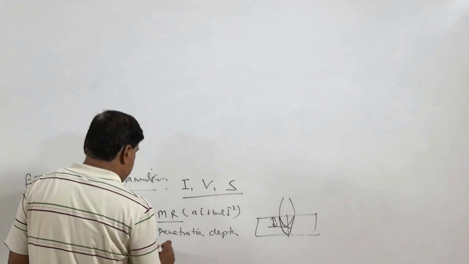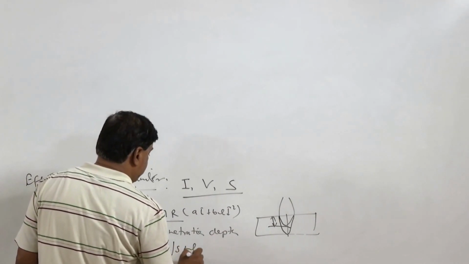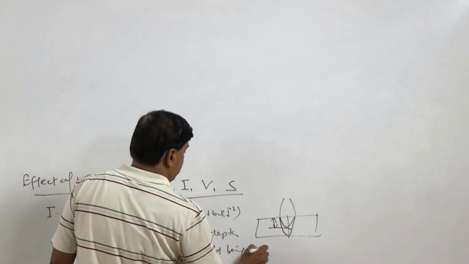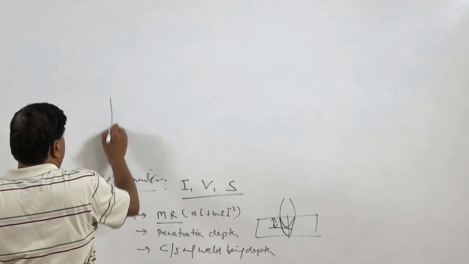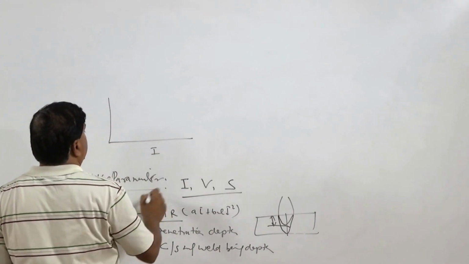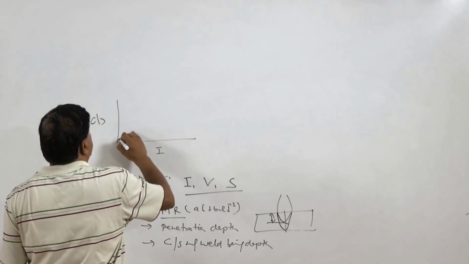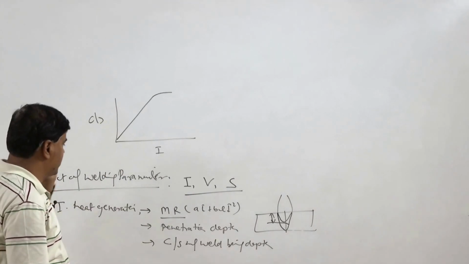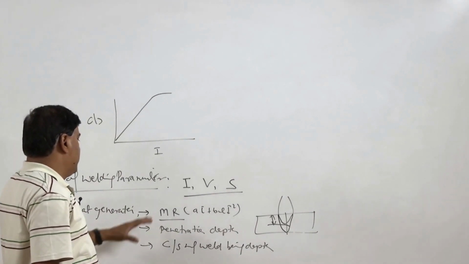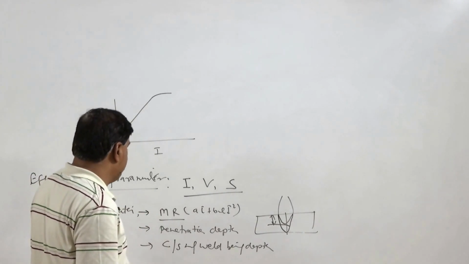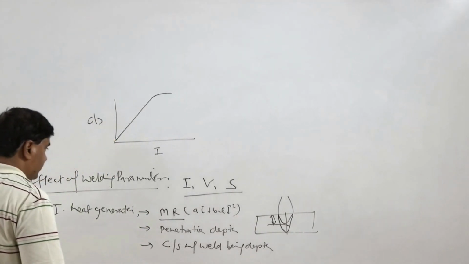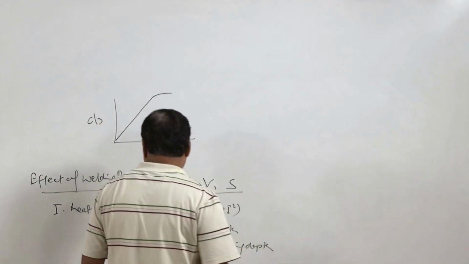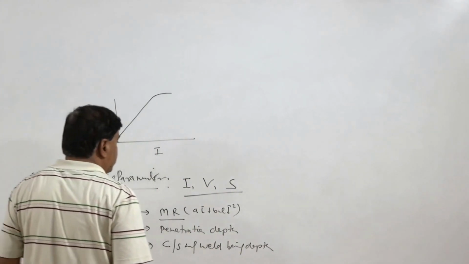It also affects the cross sectional area of the weld being deposited. Increase in current in general increases the cross sectional area, and if we plot current versus cross sectional area, it increases linearly and then starts getting flattened, or the slope starts decreasing gradually. So, these are the three important factors related to the effect of the welding current.